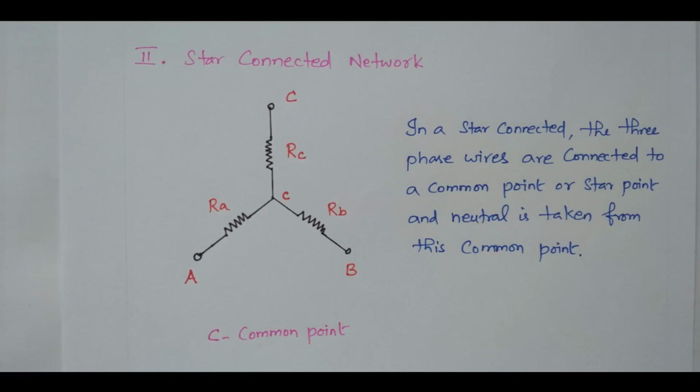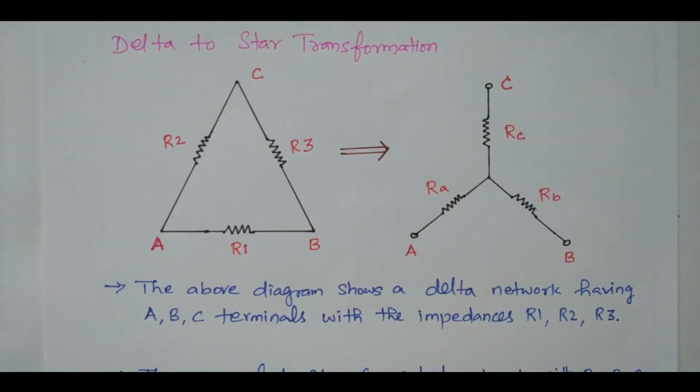Now we'll go to the delta to star transformation. The first transformation we'll see is delta to star. This delta connected network can be replaced with a star connected network. R1, R2, R3, we are now going to replace with RA, RB and RC. Right. In this diagram,